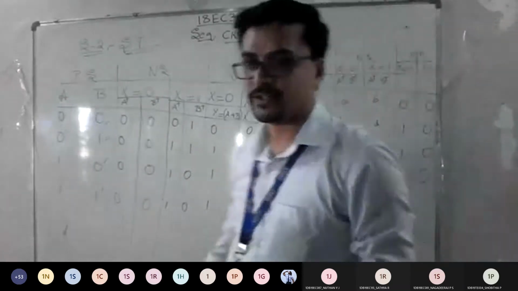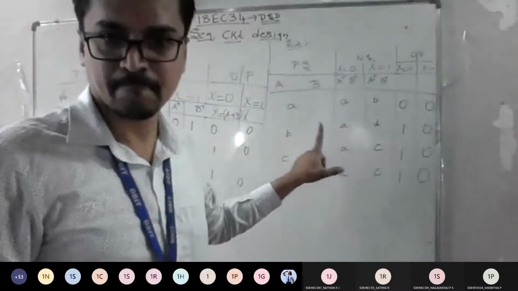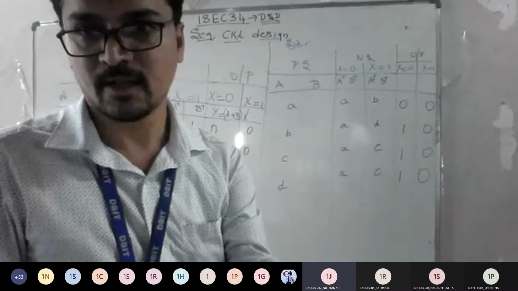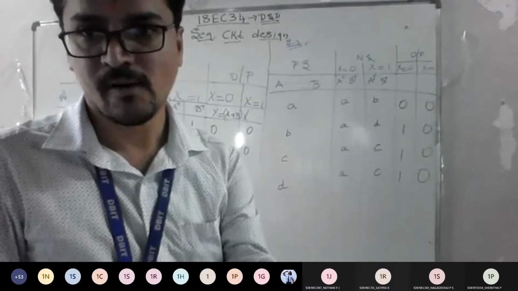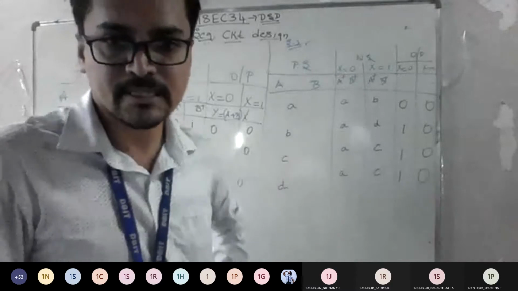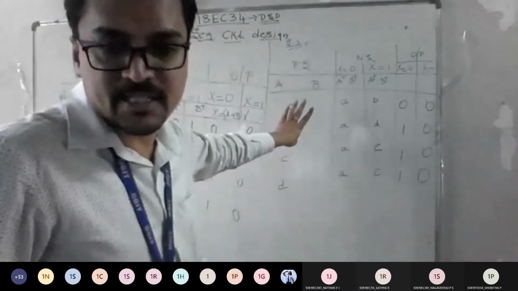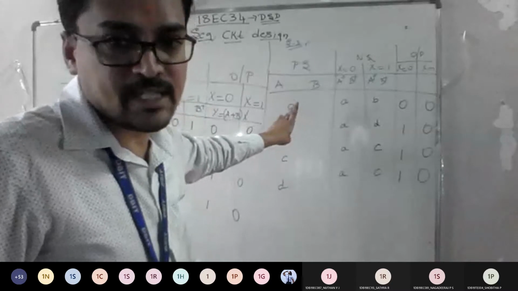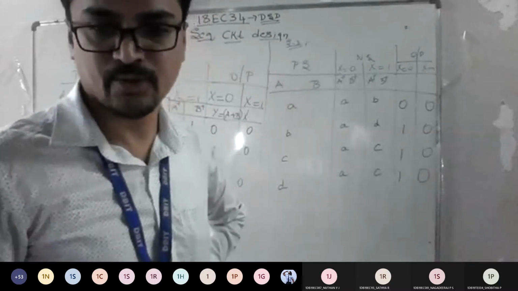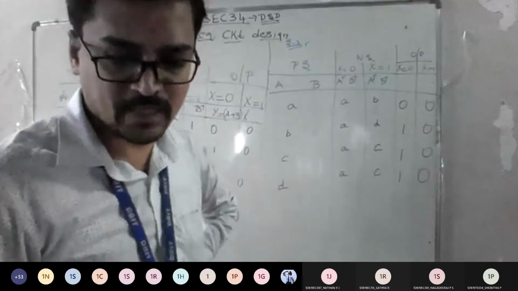Am I clear till here to everyone? Is it visible, what I am writing? Yes, sir. Okay, so you got the procedure now. From the state table, to plot a state diagram, if you have an excitation table, that tells you clearly how the connections should be made, and then it will be easy for you to solve the problem. Now we'll go with the last one.